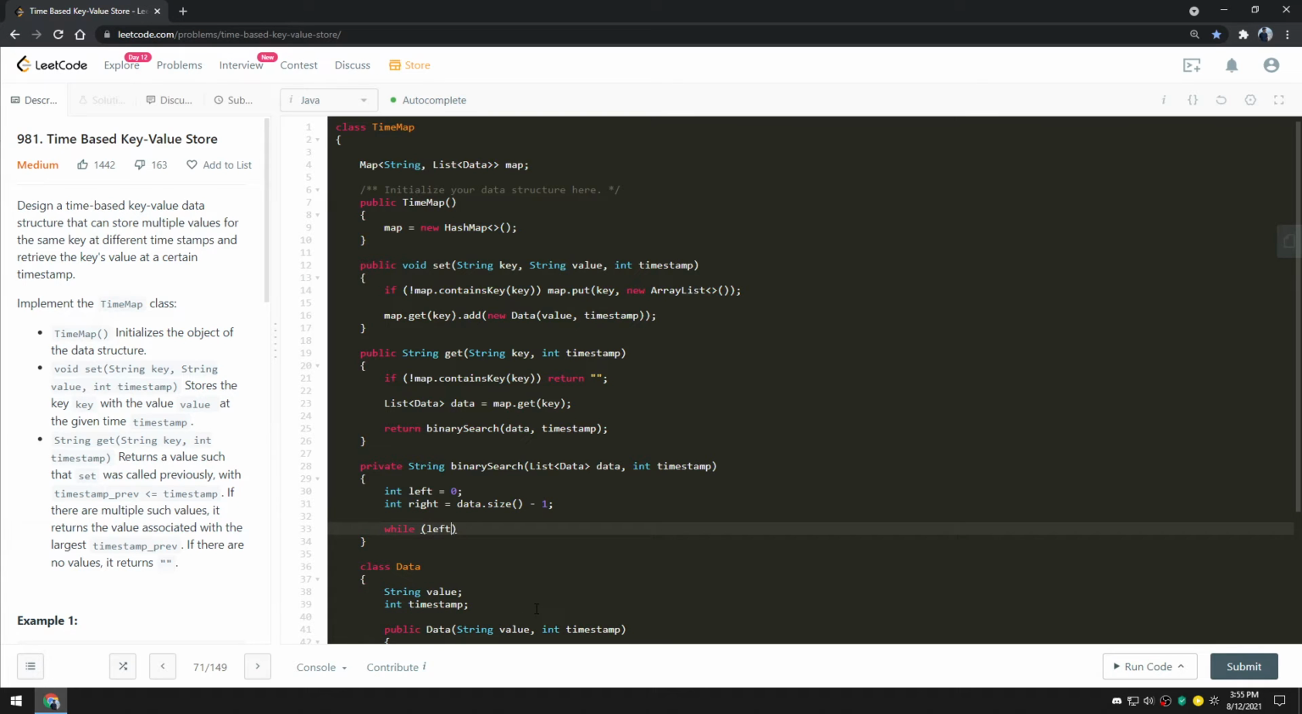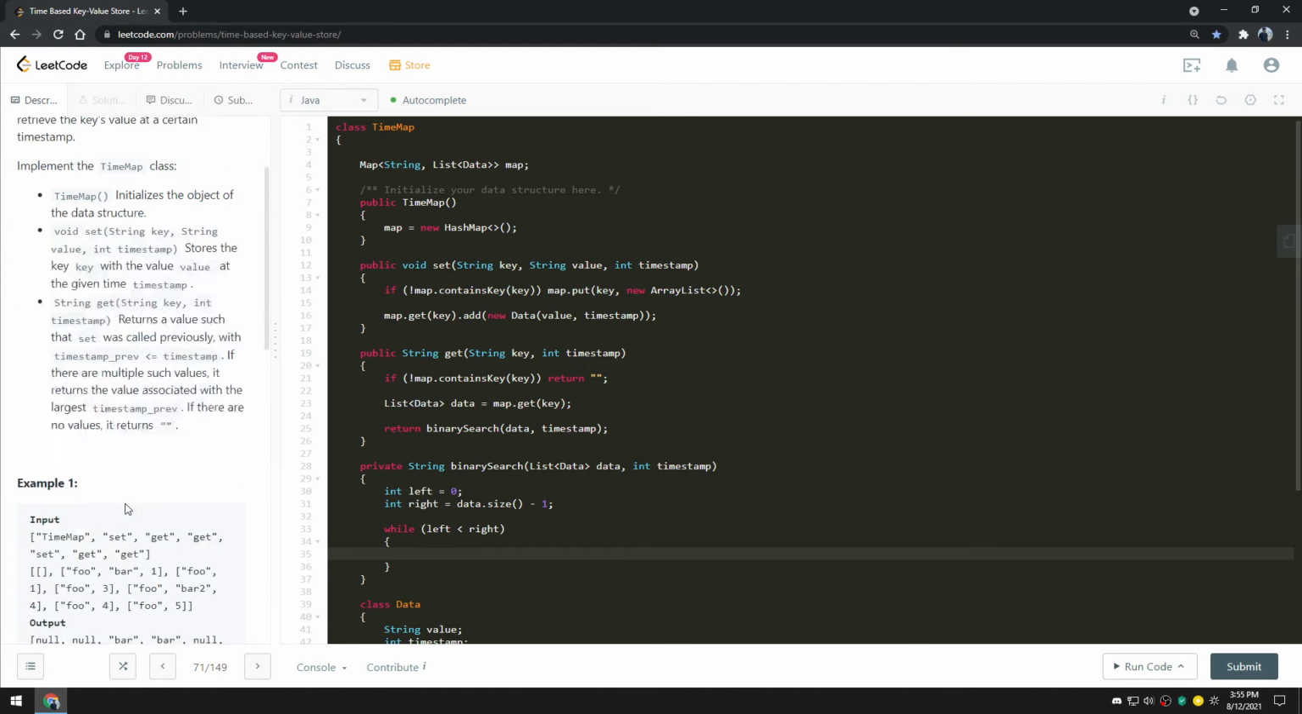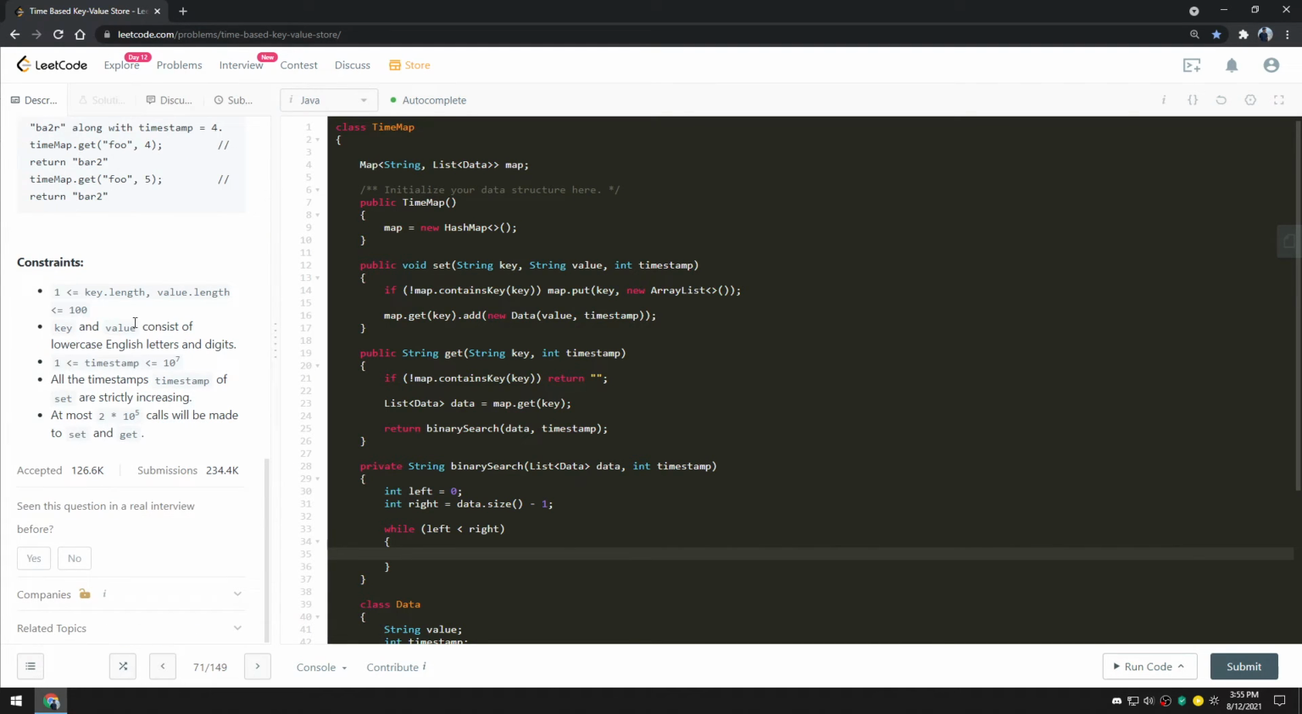Now we could say while left is less than right. We're going to need a middle, because the whole purpose of a binary search is we're taking advantage of a property of a specific data type, such as this one, which is sorted, which we're being told, I think it's down here, all are strictly increasing. So it's sorted. So we'll set our left and right pointers, and we'll start off